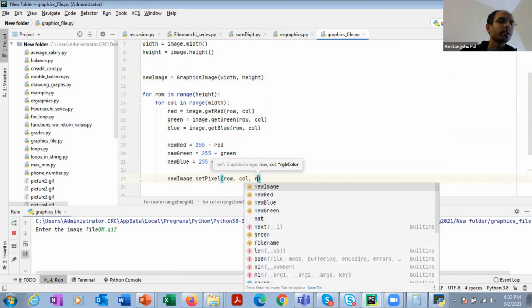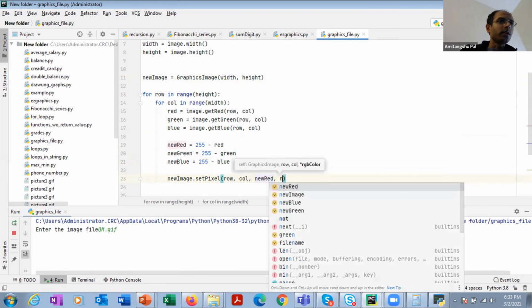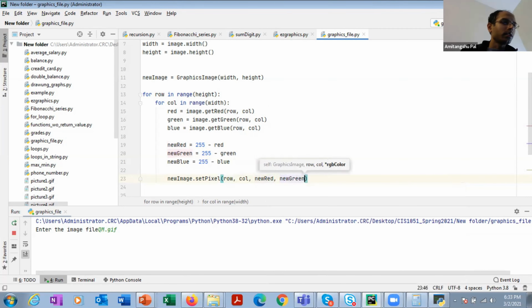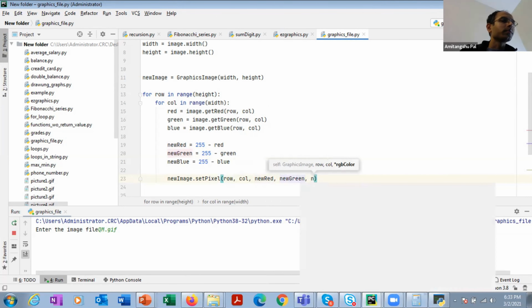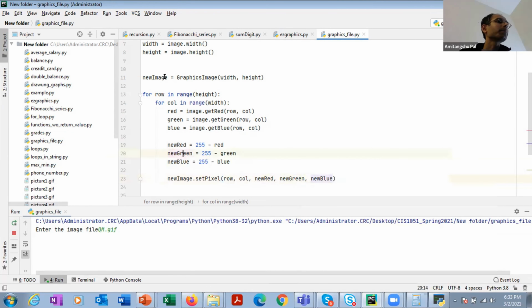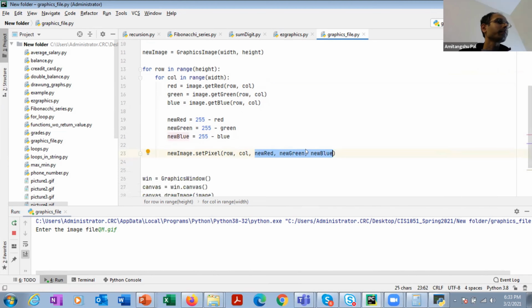So new red, new green, and new blue. Okay, that's it. So I've created a new image, and then I set the intensity level of this new image with the new intensities. Clear?